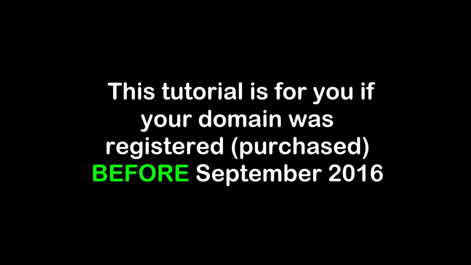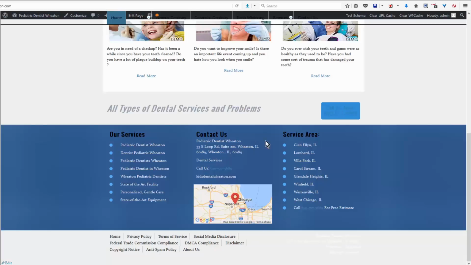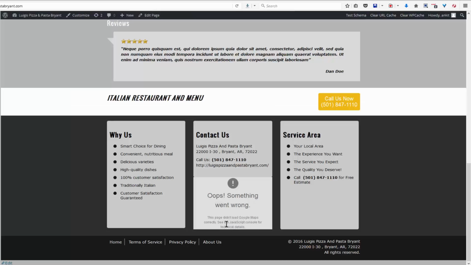This tutorial is for you if your domain was purchased or registered before September 2016. If your site does not have the Google API key and your map is working properly, don't mess with it. However, if you have added the API key and you get something like this, then you're going to want to